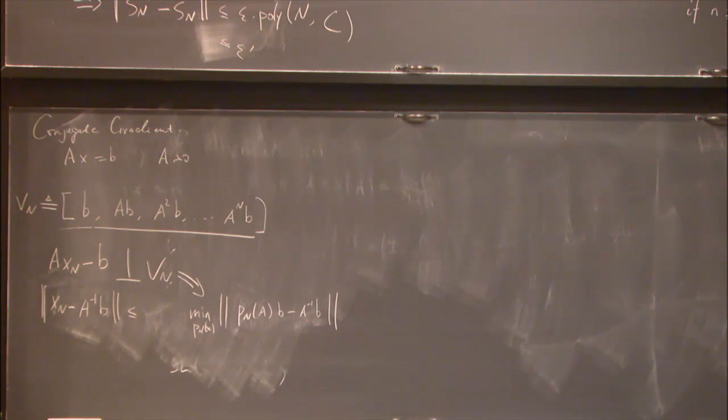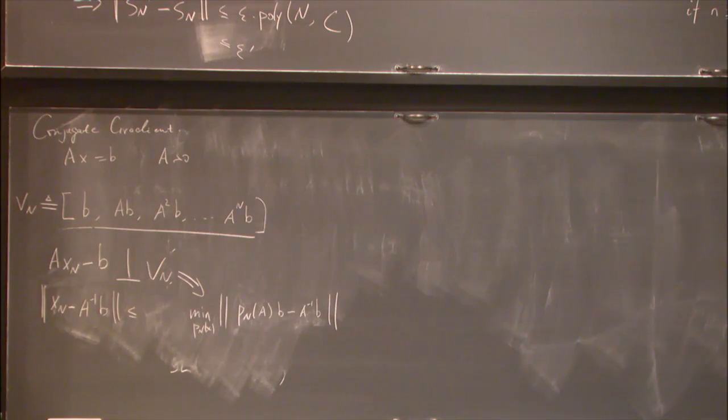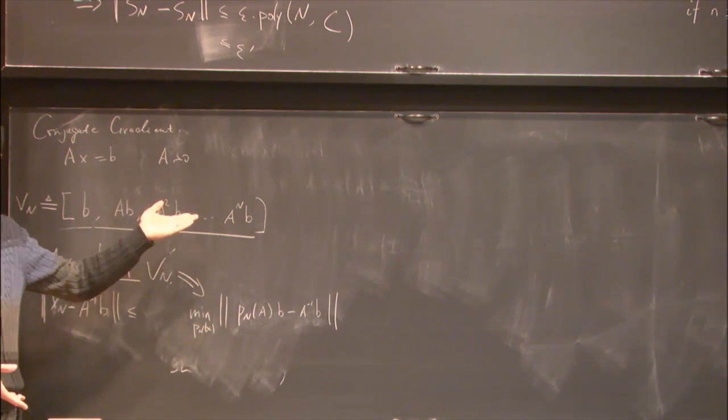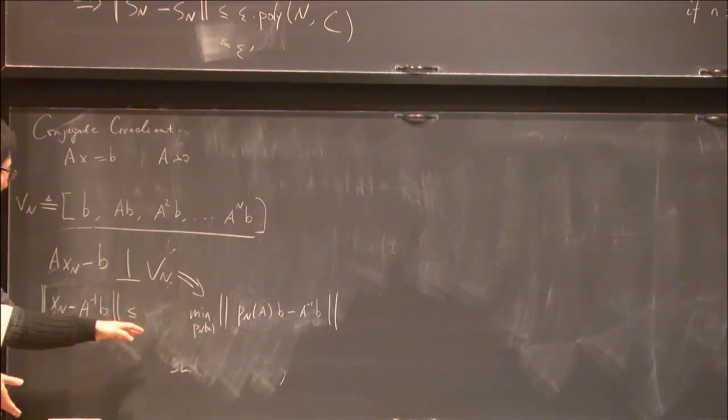Let me directly go to that. In particular, if I choose this n to be the dimension of the problem, then I get the entire space. And therefore, this minimization is 0. That means that using